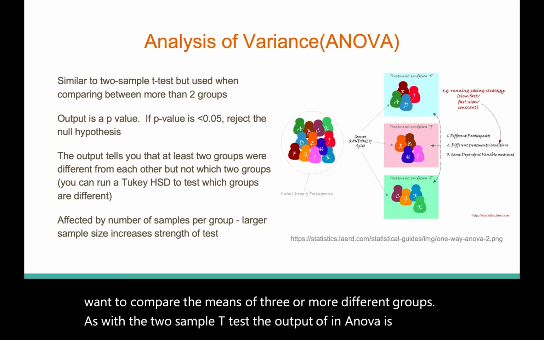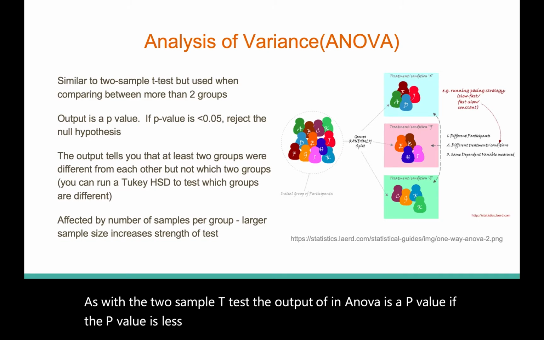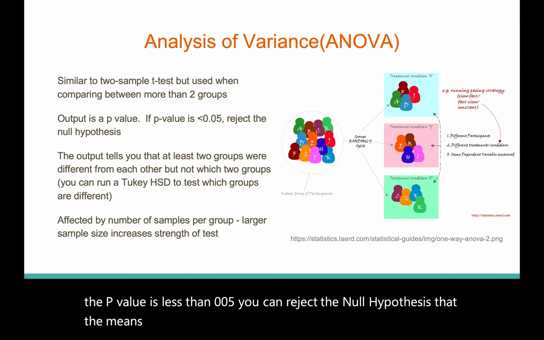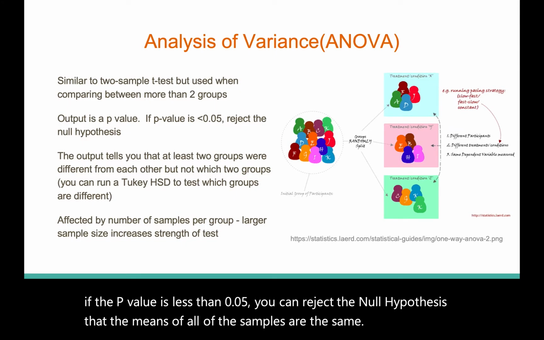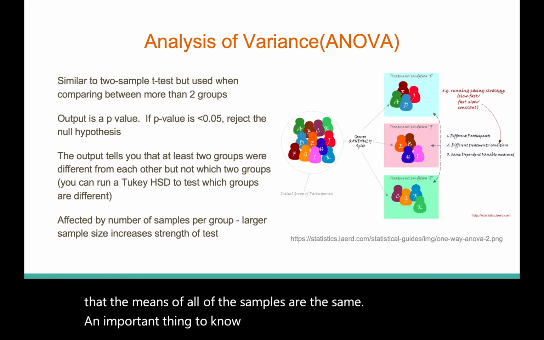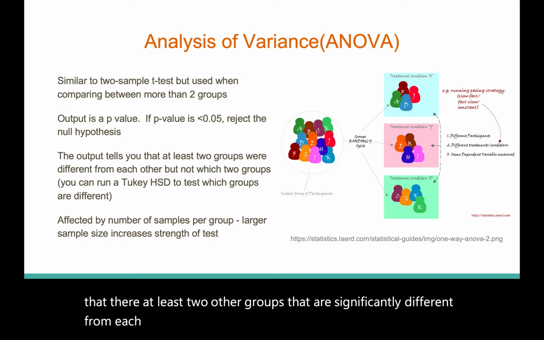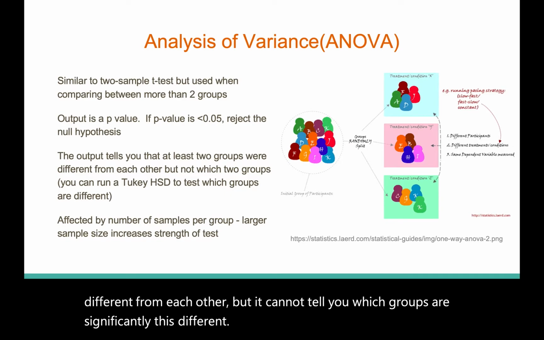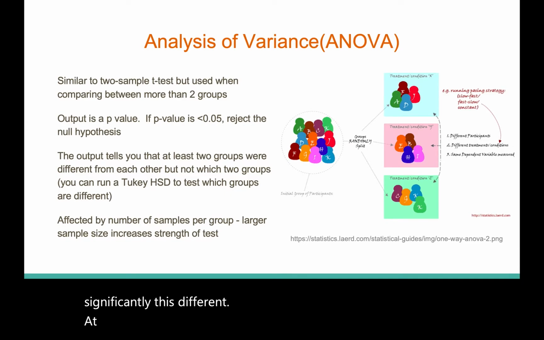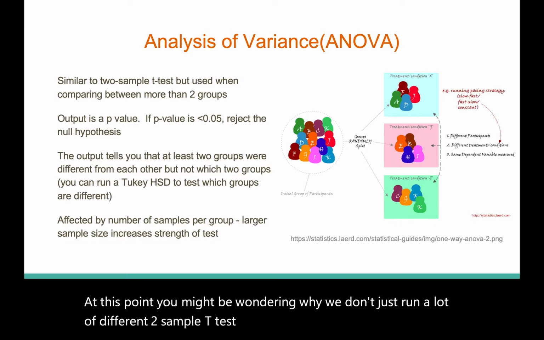As with a two-sample t-test, the output of an ANOVA is a p-value. If the p-value is less than 0.05, you can reject the null hypothesis that the means of all of the samples are the same. An important thing to know about an ANOVA is that it only tells you that there are at least 2 of the groups that are significantly different from each other, but it cannot tell you which groups are significantly different. At this point, you might be wondering why we don't just run a lot of different two-sample t-tests comparing all of the different groups individually